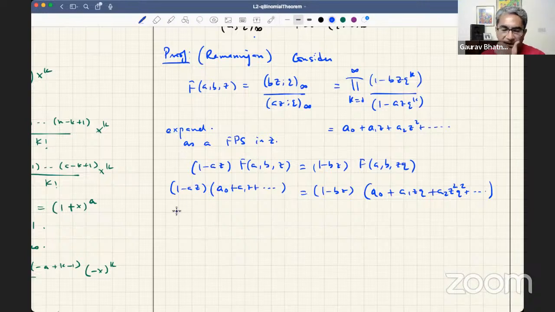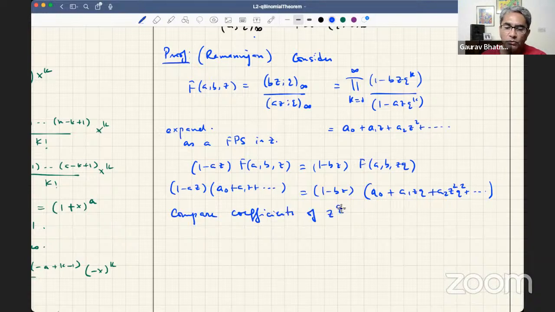And now if you compare coefficients of z raised to k on both sides, then